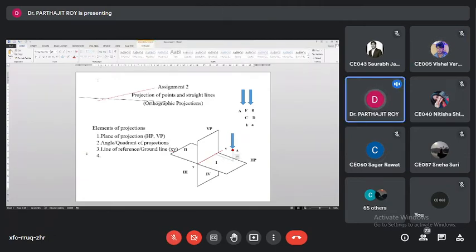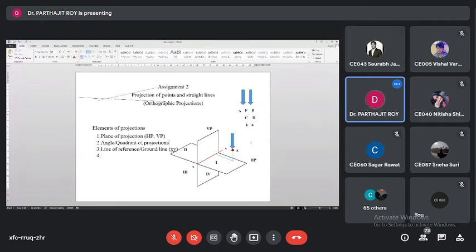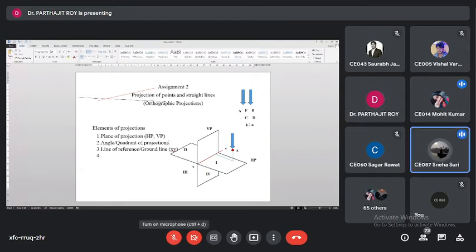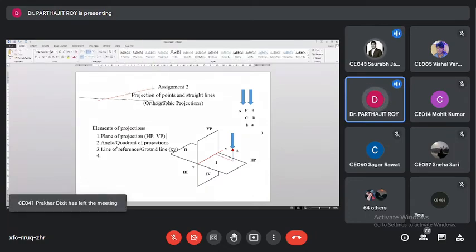So this blue color line, let me change the color. This line, which one is visible? Yellow color will not be visible. Is it visible? No, the line color I have changed. Can you see it? Yes, but dark. Should I make it dark? Yes, sir. Okay, I think this is visible, no? Am I clear? Now is it visible? Yes, sir.